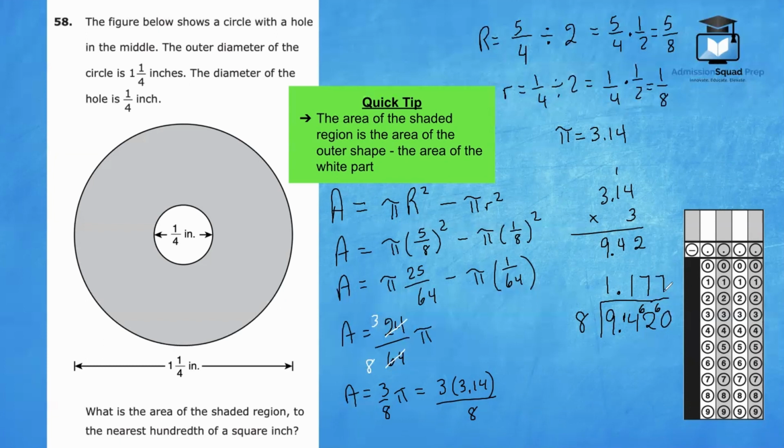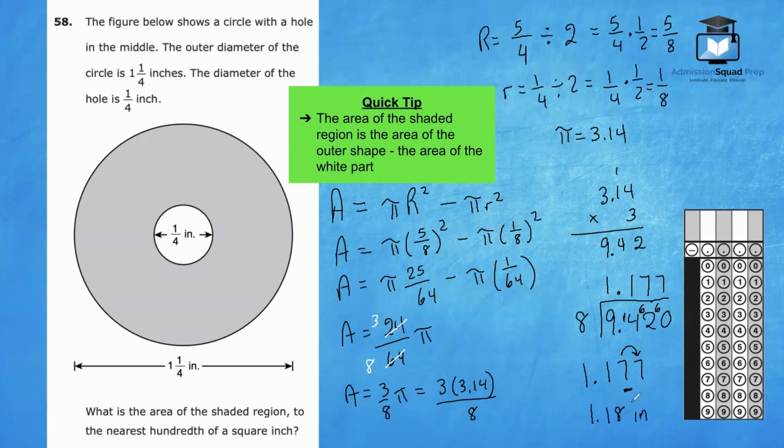Since we are rounding to the nearest hundredth of a square inch, we will look at 1.177. We want to identify, should the 7 move up to an 8 or stay the same? We're going to look next door. I love the saying, 5 or more, raise the score. 4 or less, let it rest. Since 7 is 5 or more, we're going to raise the score. So we have